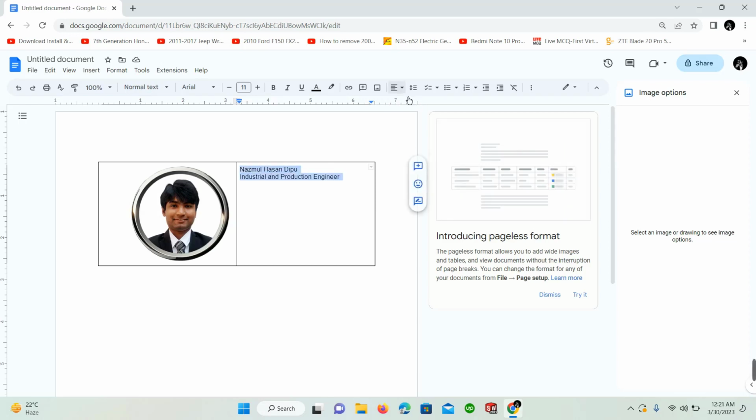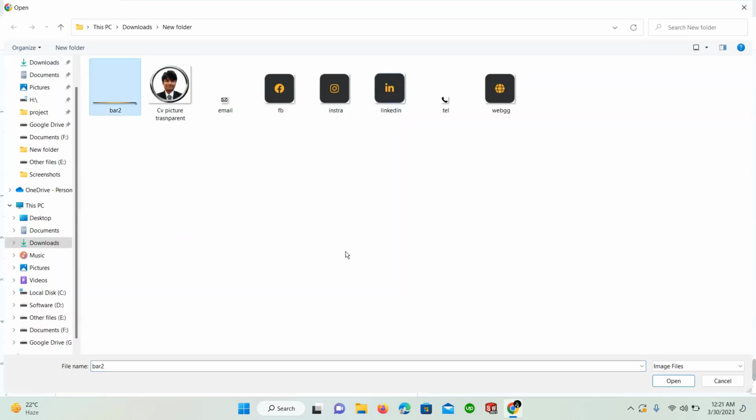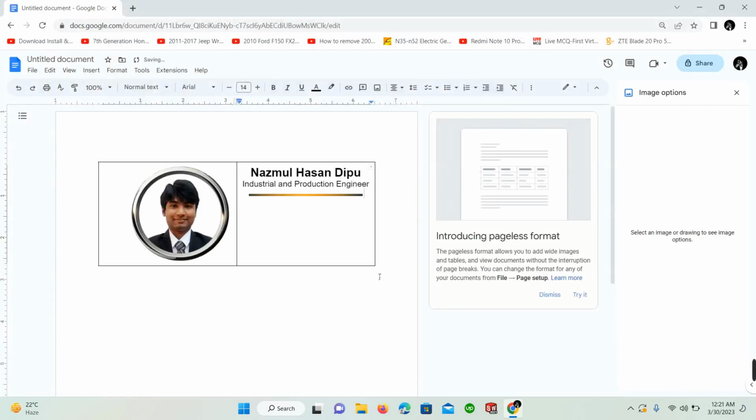Let's align this in the center, size 20, bold, Arial, size 14. Okay, insert horizontal bar picture,